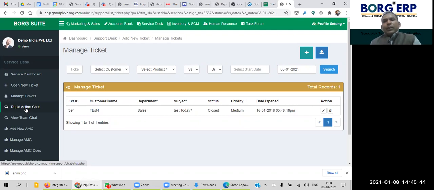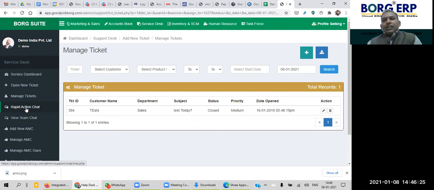Now, if he has opened a high priority ticket, meaning urgent priority, or you can say critical priority, and still your support team is not able to notify and respond in time as it should be, what can the customer do? If you don't have this option, rapid action chat, the customer has to make a call, but whom to call? Either they must place a call on the company board number and dial so many extensions. It becomes very frustrating for the customer to search for the right person in the company to get the problem solved.